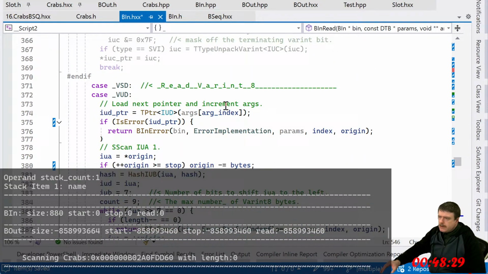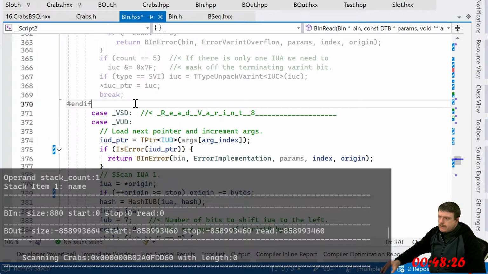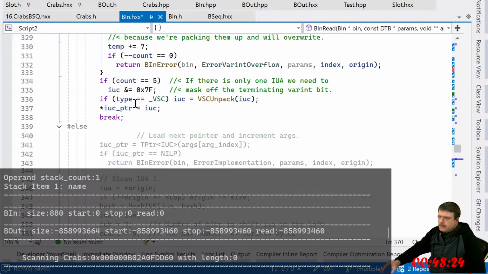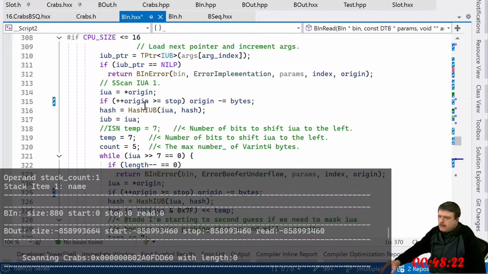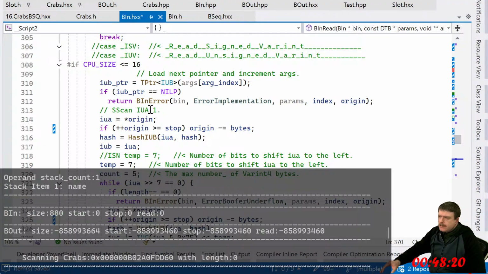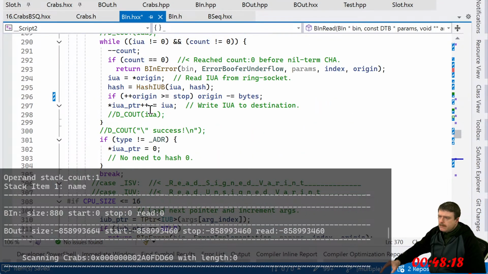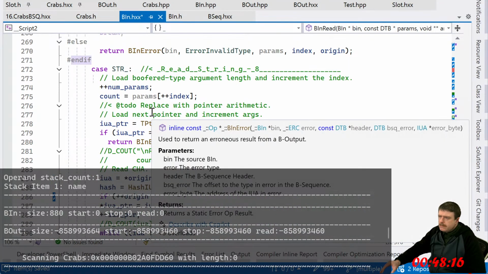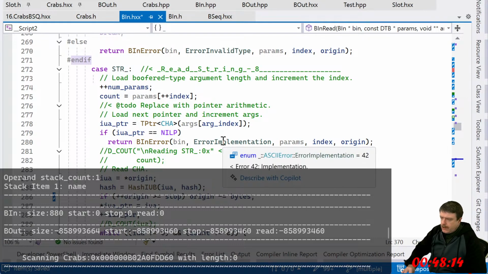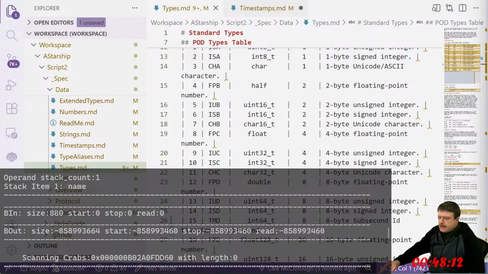Oh yeah, these are supposed to be 128-bit types. Oh, it just hurts my head to look at that stuff. Where are those types remapped to now?